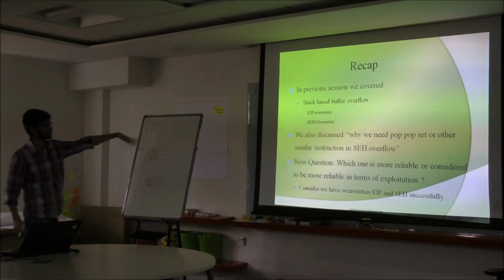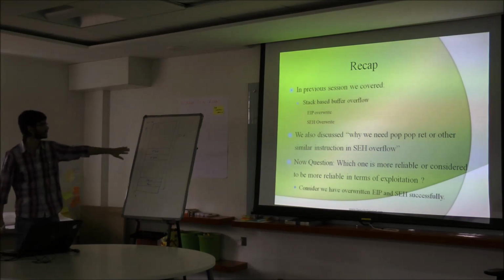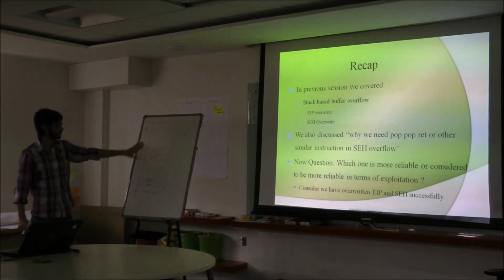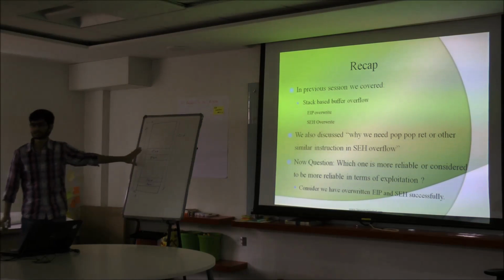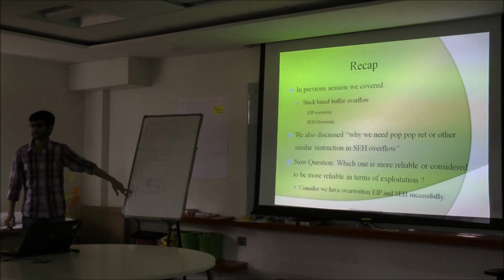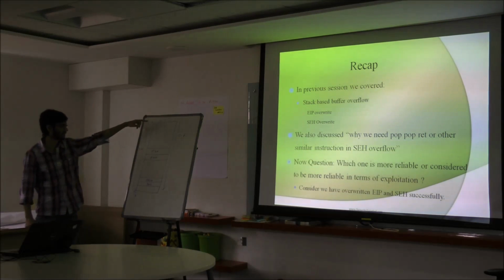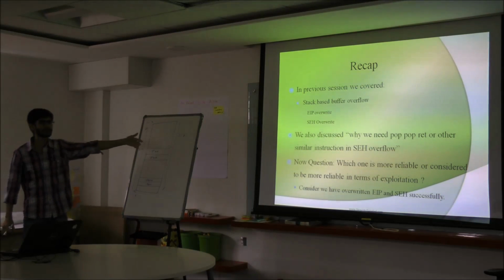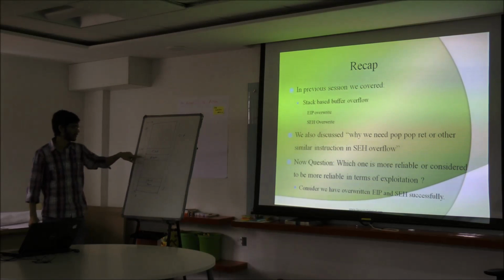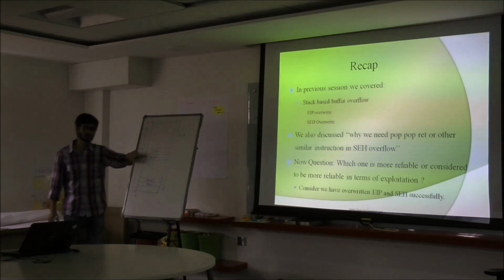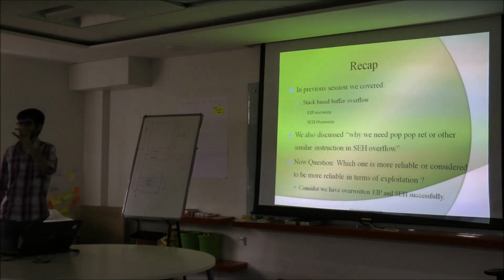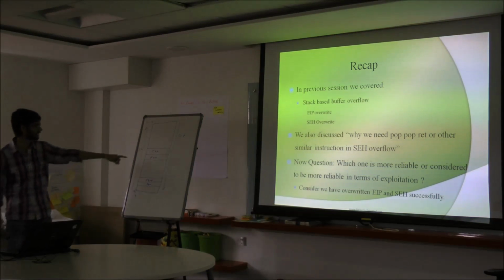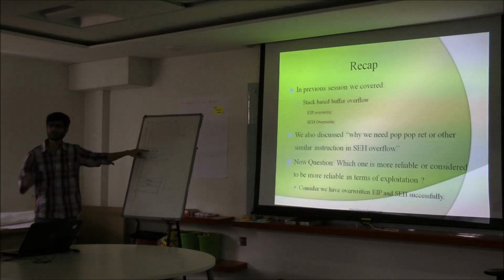I just changed these things; in memory, they are actually reversed. But when you look in a debugger or any tool like PolyDB, you see exactly this kind of snapshot, with the higher address there and the lower address here. When a function is called, the call statement first puts the return address, the address of the next instruction, on the stack, and then it lands in the actual function.